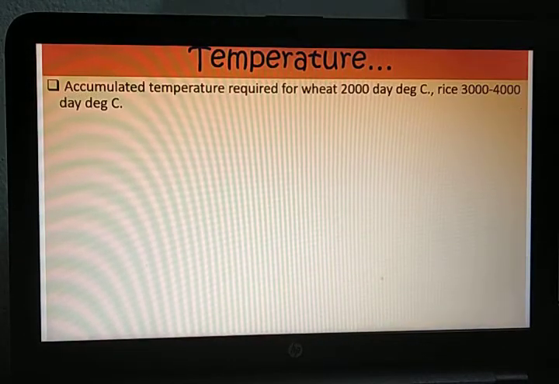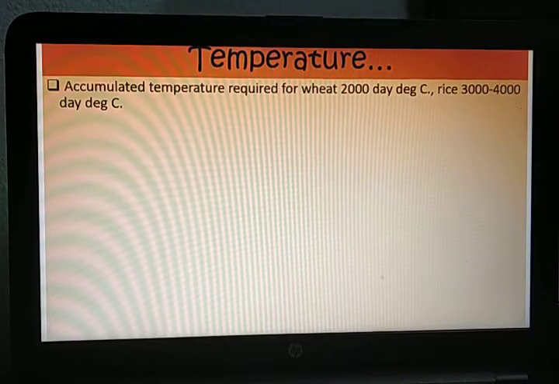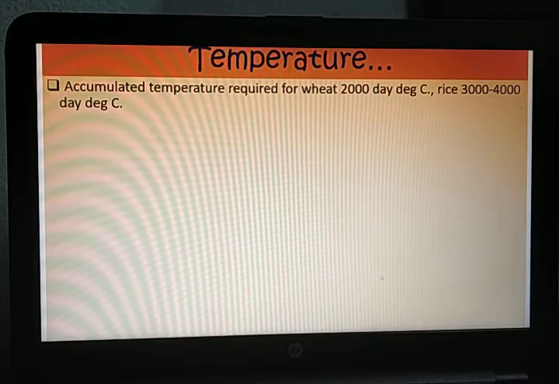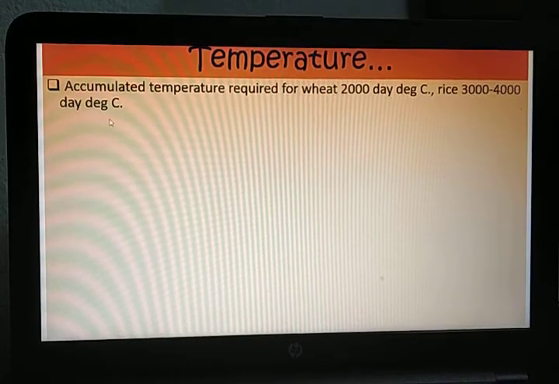So for all crops there is a requirement of a maximum and minimum range of temperature, below or above which no crops can survive or their production rate is hampered. Here is a term, accumulated temperature. Accumulated temperature means the total temperature for any crop